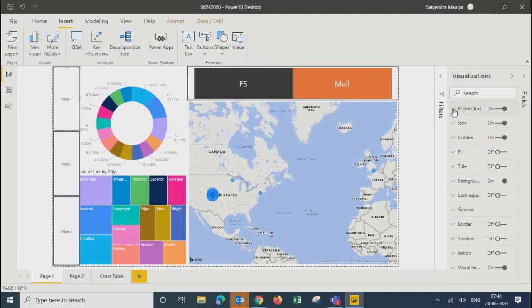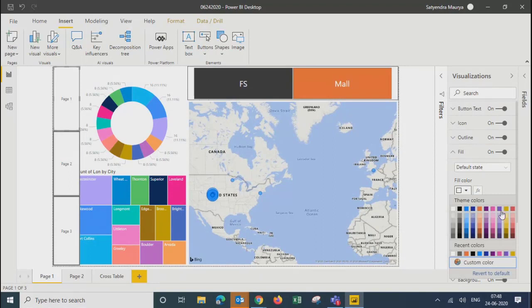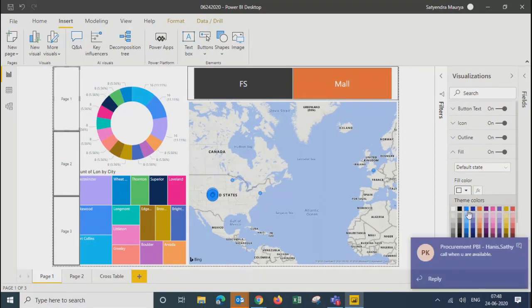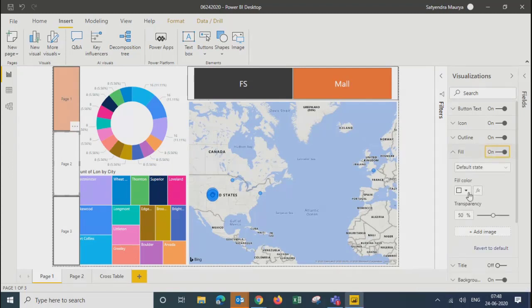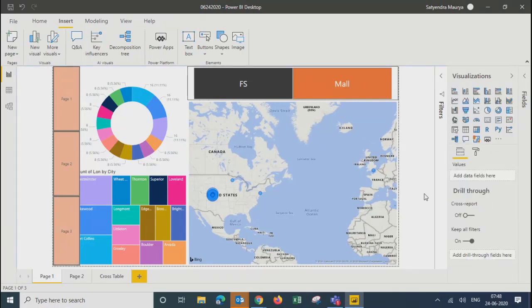Okay, so I took 3 buttons and put them on this page.